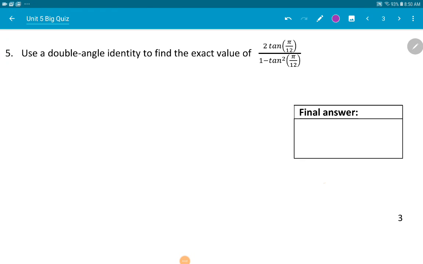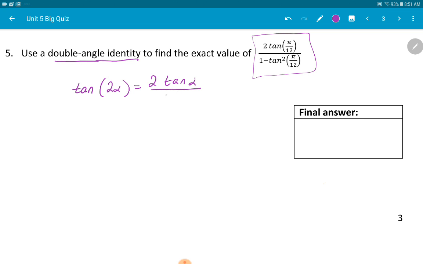On this problem, it says to use a double angle identity to find the exact value of this ugly thing. Well, my hint is double angle identity, so I better look at my double angle identities and think about where tan is in those identities. And I only have one double angle identity that is in terms of tan. And that is the double angle identity for tan, which is tan of 2 times the angle equals 2 tan of the angle over 1 minus tan squared of that same